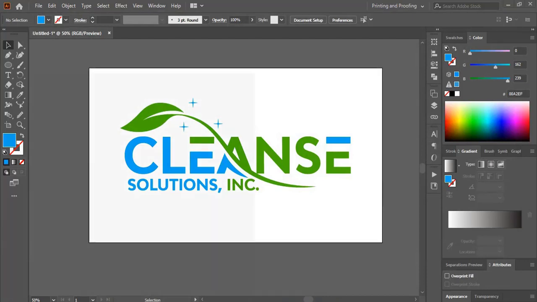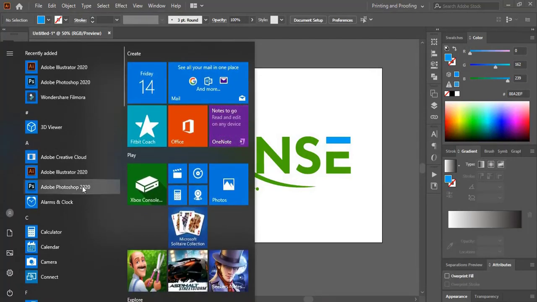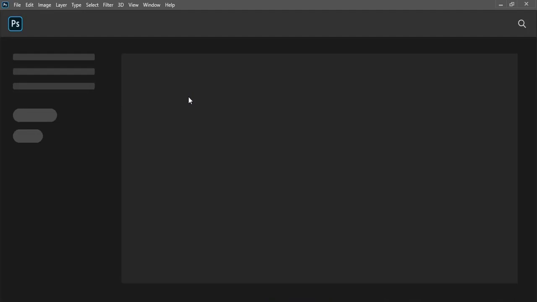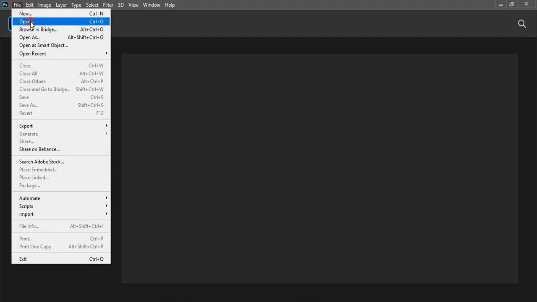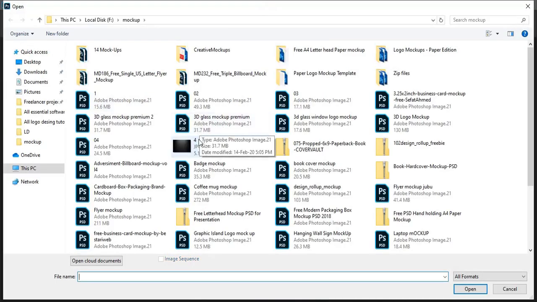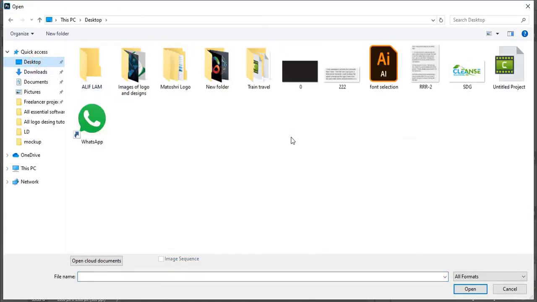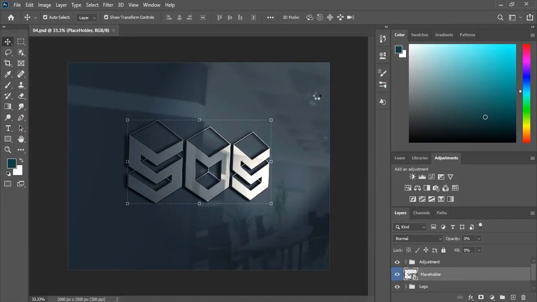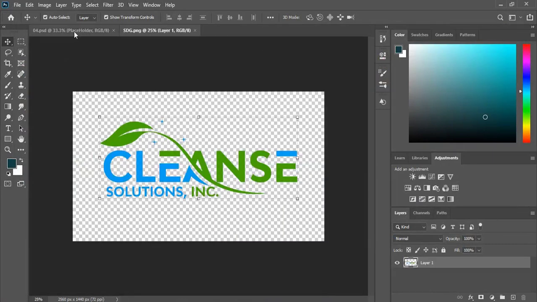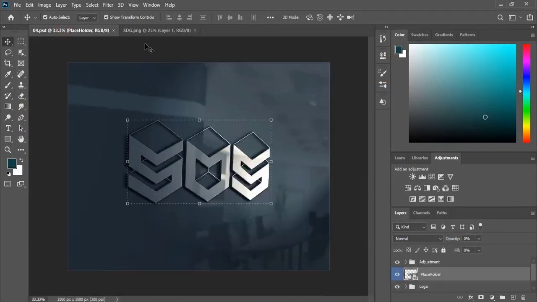Now open your Photoshop CS6 or CC, whatever you have. Now open your mockup file and the PNG transparent logo image that you saved from Illustrator. So go to open, and here I'll use my mockup file. And now let us open our transparent PNG image that we saved on our desktop. Now click on Mockup tab, and here is an option. Just make it double click here,